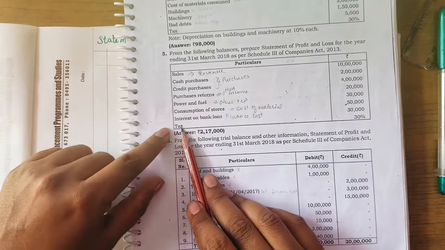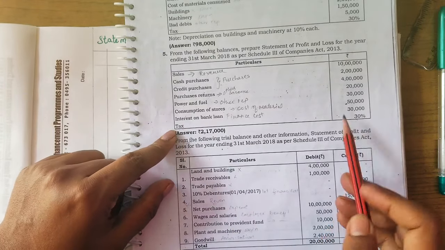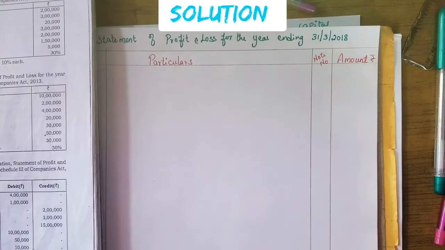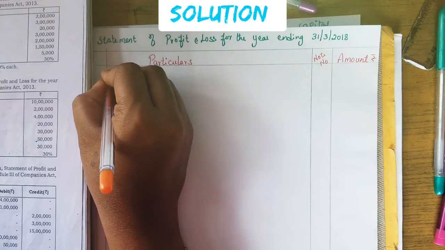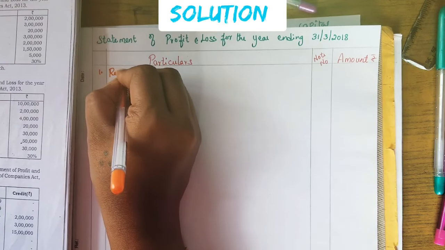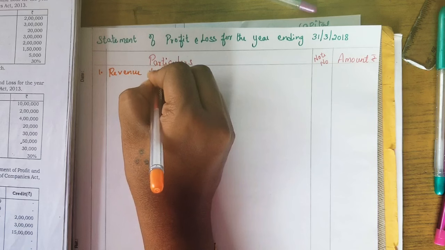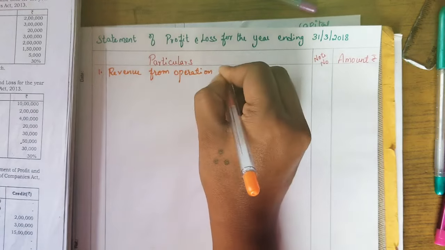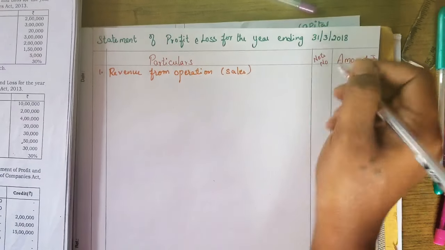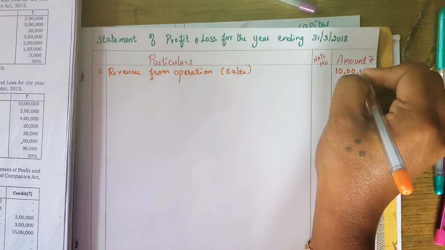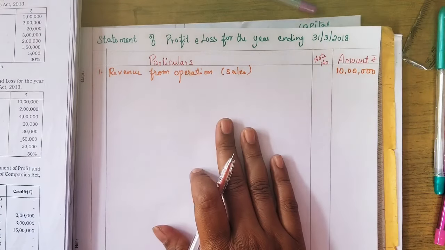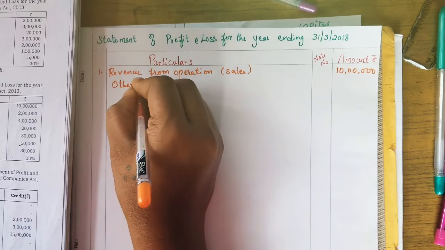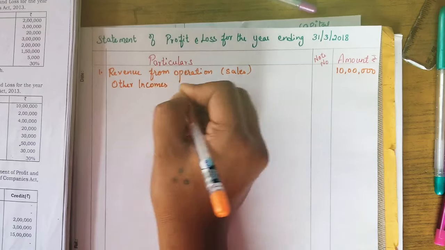Okay. So there is a tax of 30% we need to calculate. So let's move on to the problem. It's a very simple problem. So starting with revenue from operations. That is the sales amount I am taking. Sales 10 lakhs. The amount is rupees 10 lakhs. Okay. The next we have other incomes. So since they have given other incomes, purchase returns, I am writing that